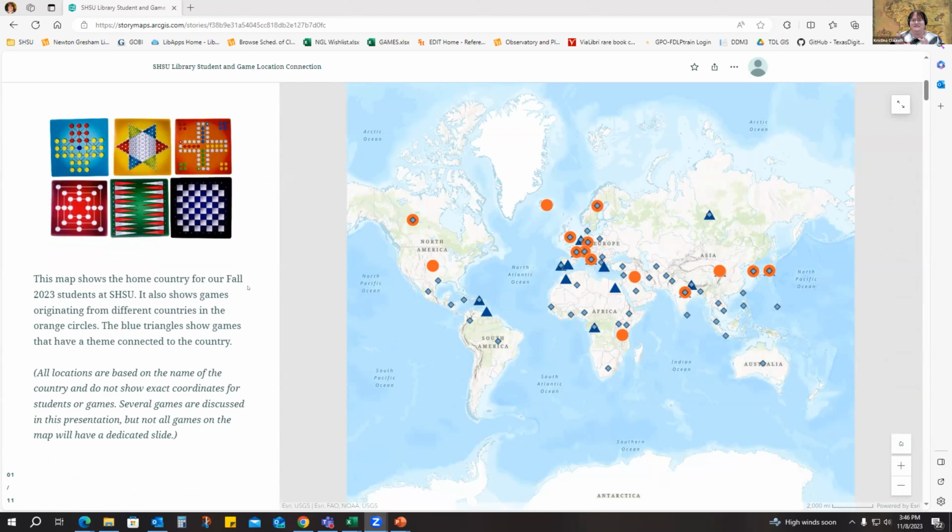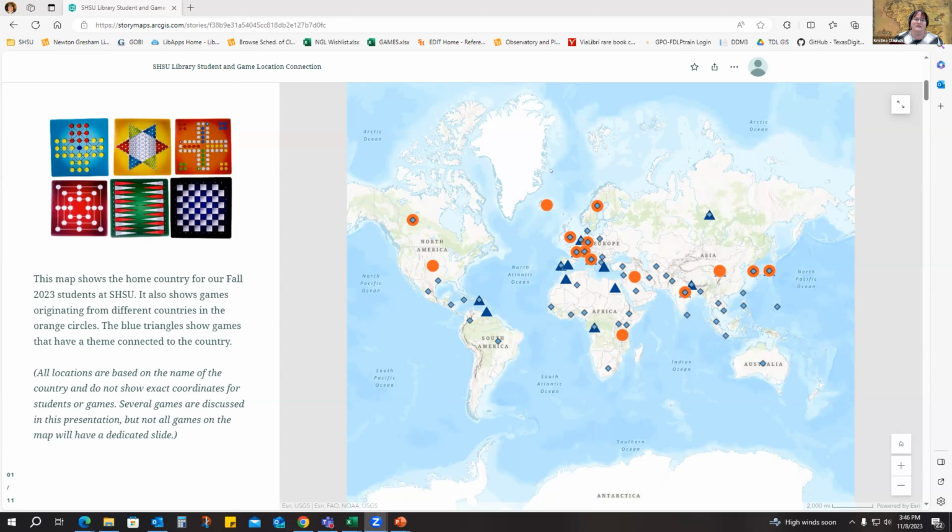Because you'll find that there are really two versions. One of the versions would be that it's definitely originating in a certain country, which maybe you didn't realize it was from that one. And it could be thousands of years ago. Or it could be that it's simply themed with that country in mind or a region. And I wanted to include both because sometimes that's how we can still connect.